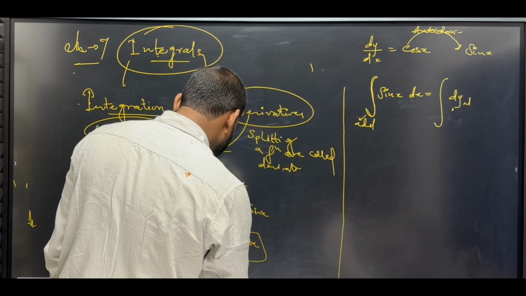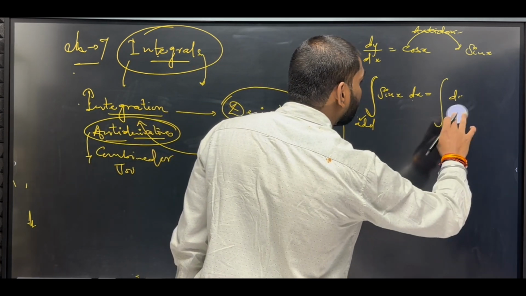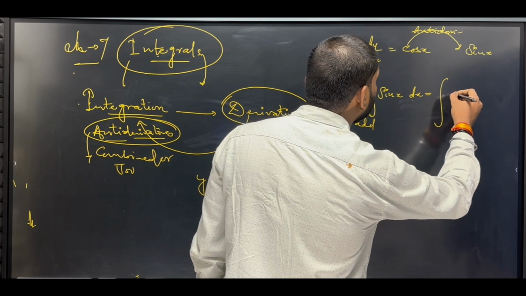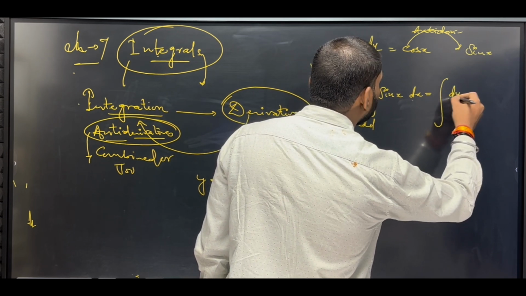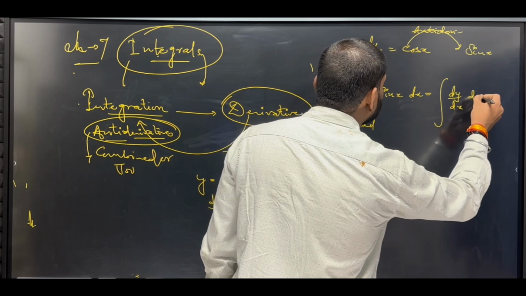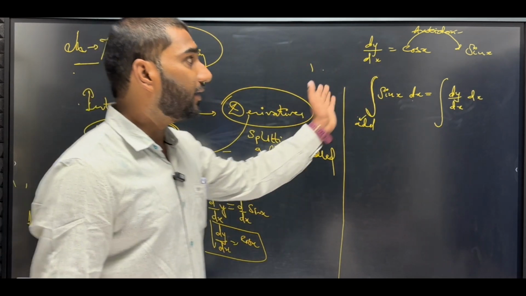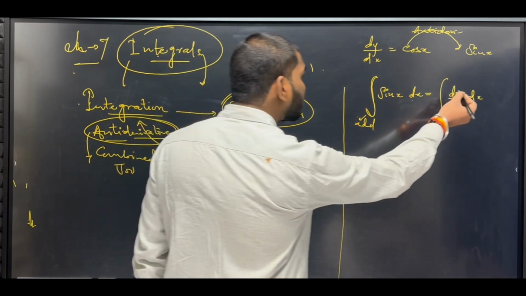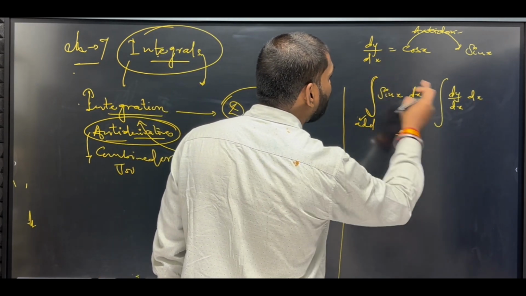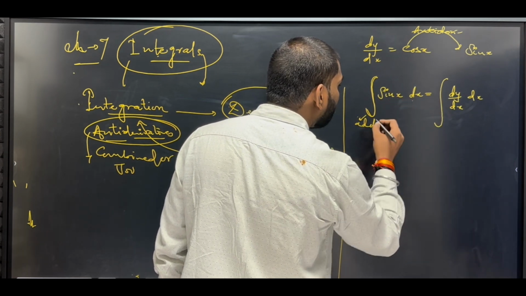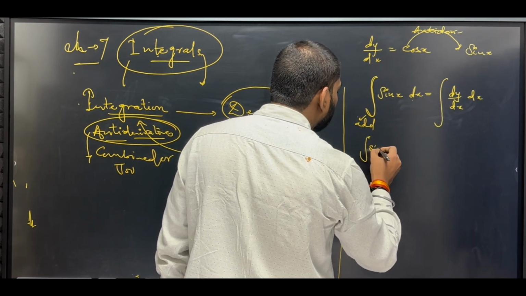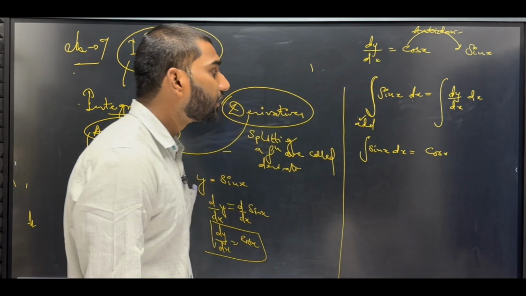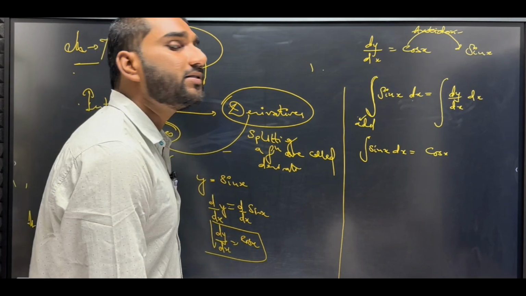Here we can also say that dy by dx is cos x. Right now we can integrate both sides with respect to x. This is dx, dx representing, that is called what? Dy by dx can be replaced at what? We can replace it as the integration of cos x dx is equal to sin x. Integration of cos x dx is equal to what?